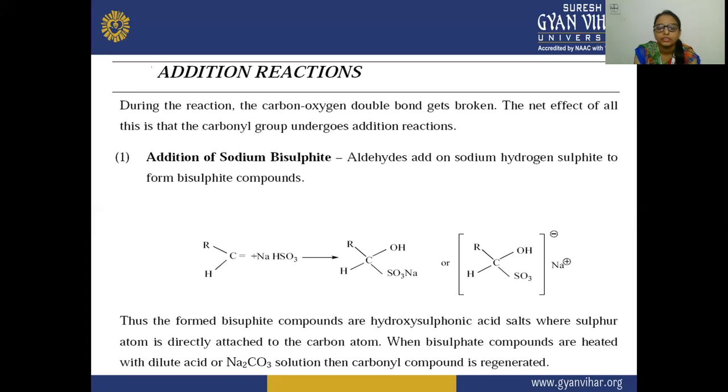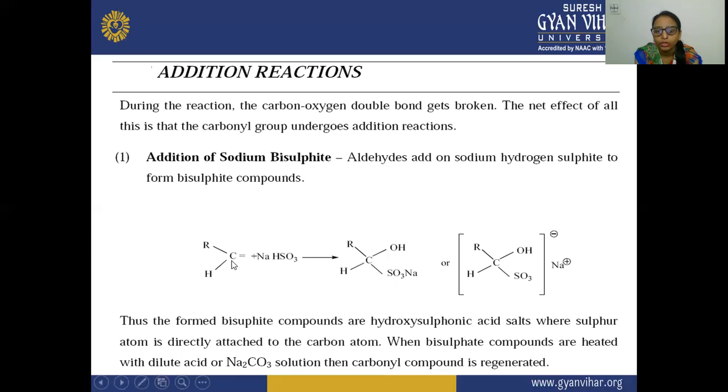Here you can see this is your carbonyl compound, this is the aldehyde, and when the sodium hydrogen sulfite is added to this, then this bond gets broken, and there is a formation of this SO3Na. From this NaHSO3, you will see that it will dissociate into two parts: the H portion will act as a proton or electrophile, and this NaSO3 will act as a nucleophile. That is, it has the capability to donate electrons.